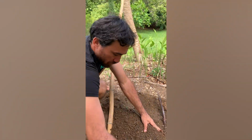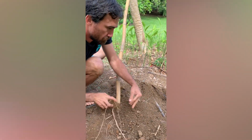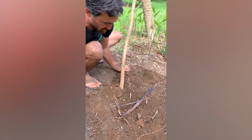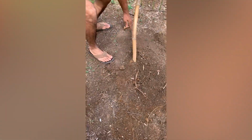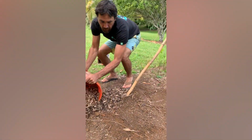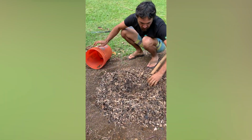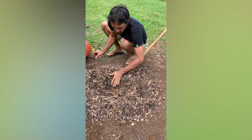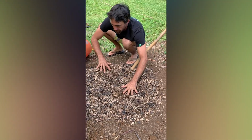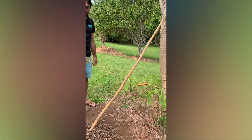But we have a bamboo pole that we're going to dig in right here a little bit, and this is going to be a pole that it can grow up. And then we can get some wood chips on here. And then we'll just get some chips around this. Oh, there's another huli. Awesome, how exciting. So this uhi will grow up, we'll train it up this bamboo pole, up this papaya, and